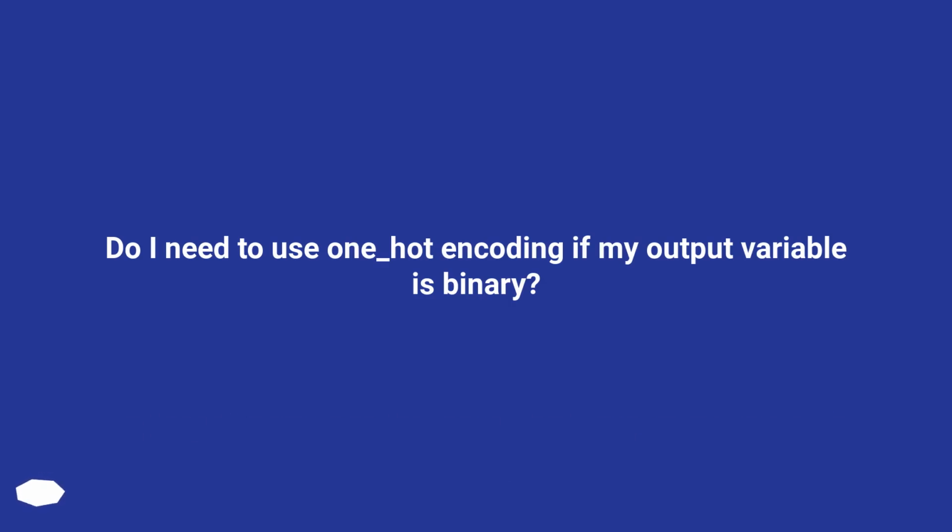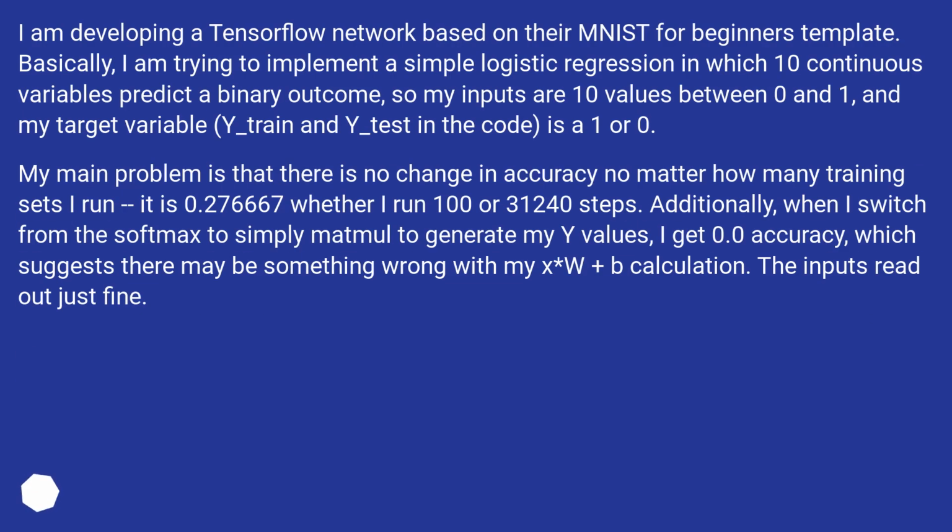Do I need to use one_hot encoding if my output variable is binary? I am developing a TensorFlow network based on their MNIST for Beginners template. Basically, I am trying to implement a simple logistic regression in which 10 continuous variables predict a binary outcome, so